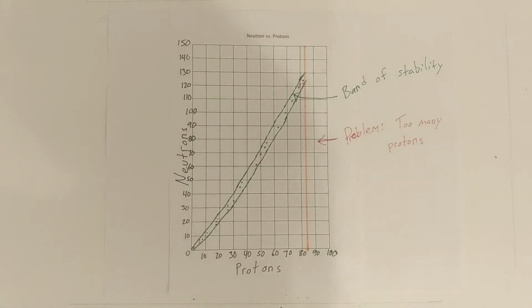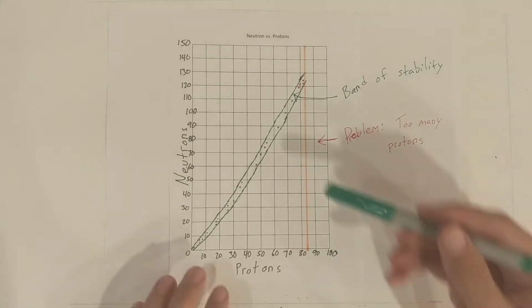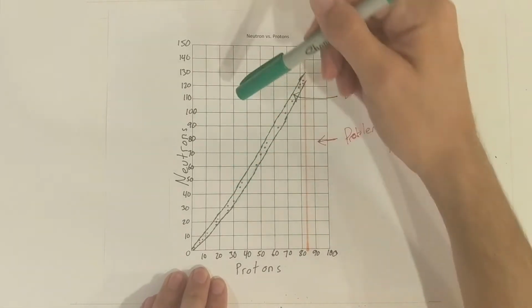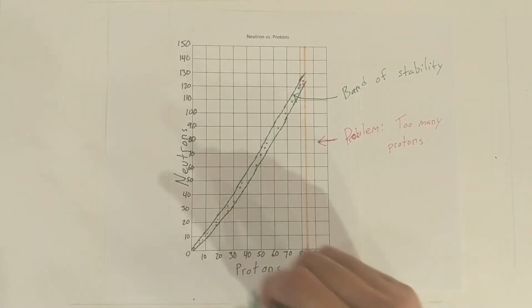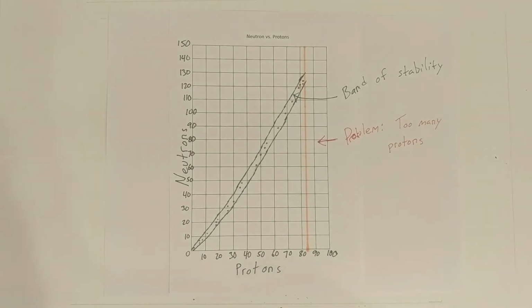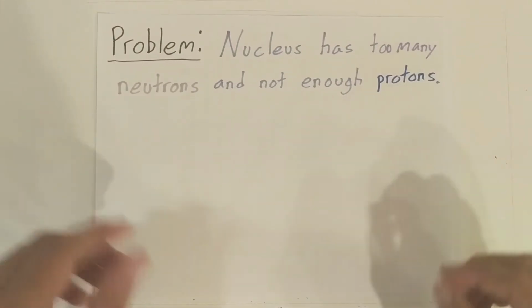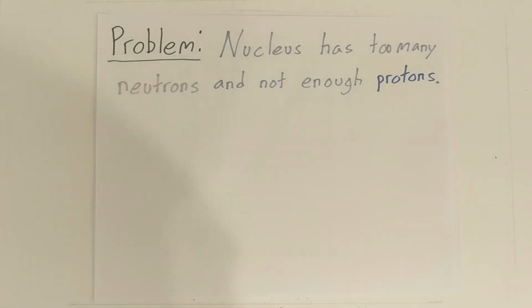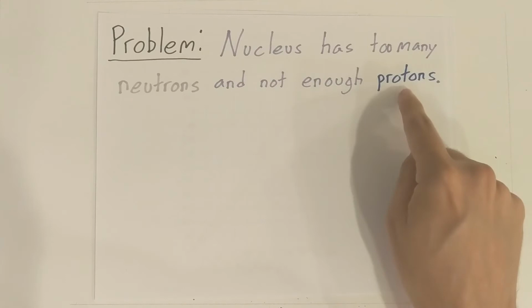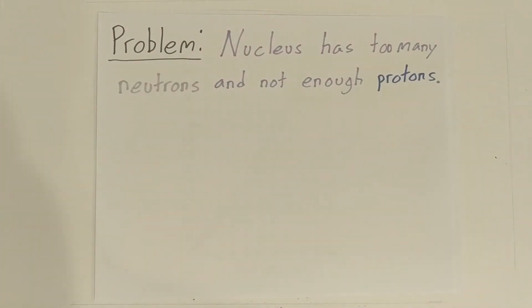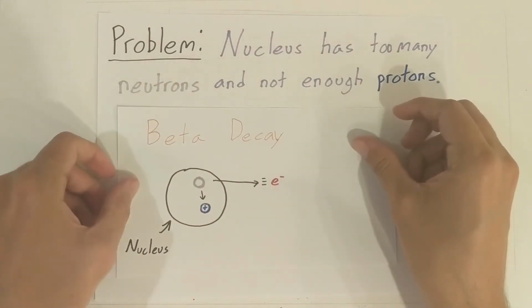So we can also fall out of our band of stability if we're up here. What if we have too many neutrons and not enough protons? So if we have too many neutrons and not enough protons, that atom is unstable as well, and it will also go through a type of radiation or radioactive decay. But in this case, alpha decay won't help because we don't have enough protons. So by getting rid of protons, that wouldn't be helping us get closer to our band of stability. So we'll go through a different type of